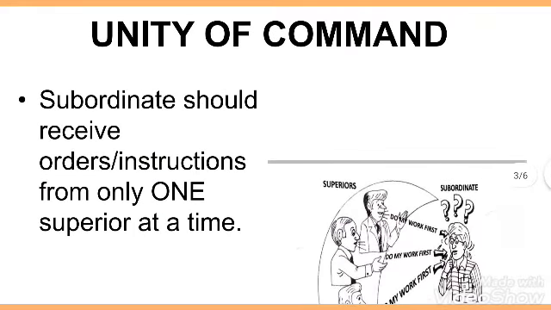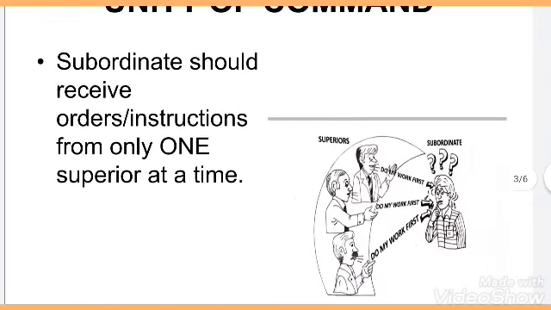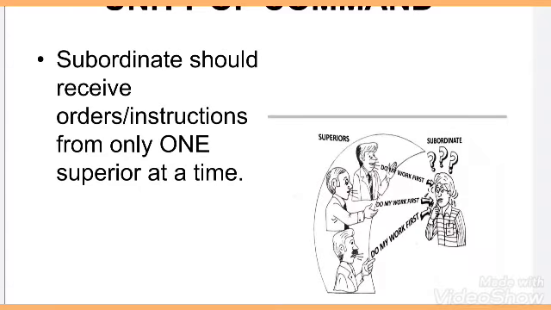You can just understand basically what command means. Command is nothing but the orders or the instructions which we receive, right? So from the management point of view, this principle states that subordinates should receive orders or instructions from only one superior at a time, and that subordinate should be accountable only to that superior. As you can see here in the picture, there is one subordinate and three superiors. At the same time, this subordinate is getting instructions from three persons, and all three are saying do